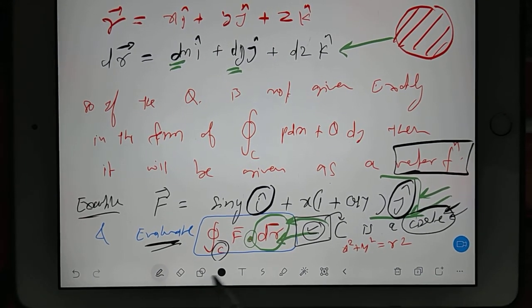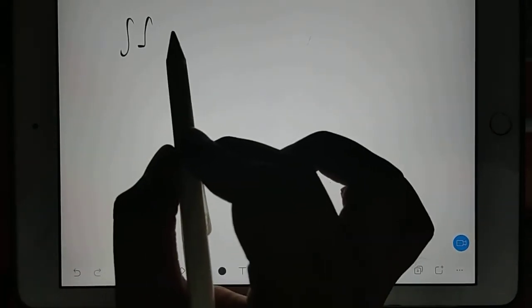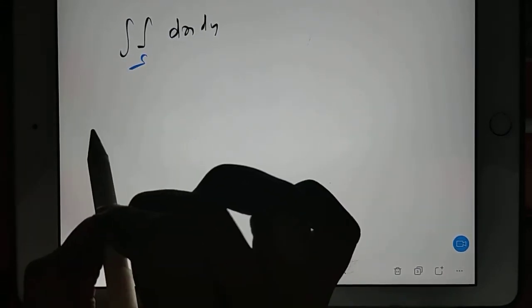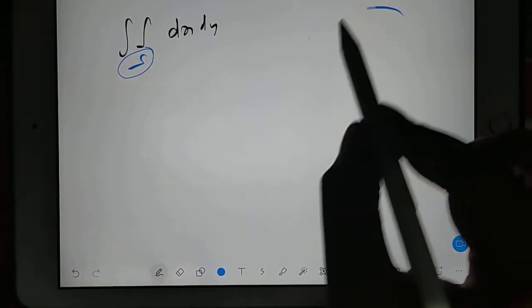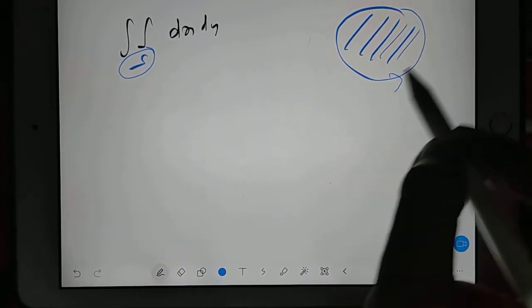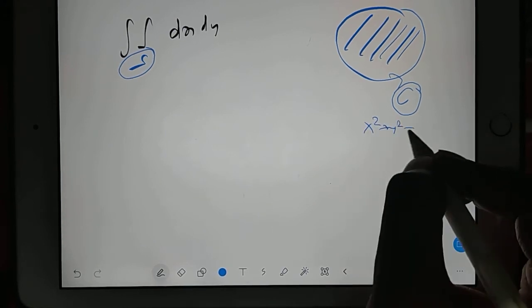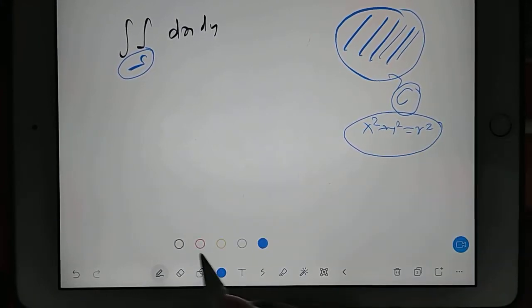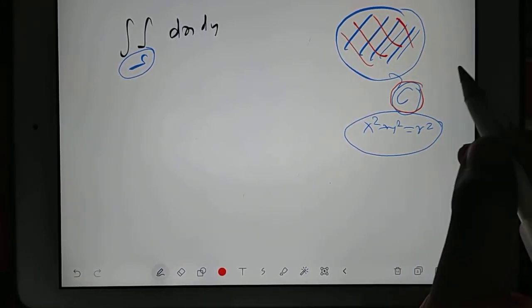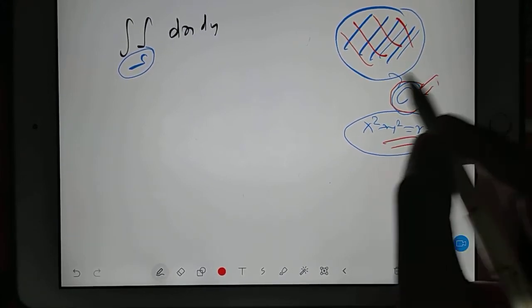So see, because finally, I will change the page. Finally, we landed at the integration dx dy, and we know for which surface we are doing integration, that surface is covered by the curve. For this surface I am doing integration, and this surface is covered by a curve C, and this curve C is nothing but x square plus y square is equal to r square mentioned in the question. So this curve, the area enclosed under the curve, you want to find out. So that area I am very clear is nothing but the area of the circle, because the curve itself is a circle.